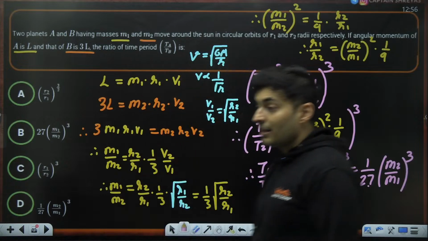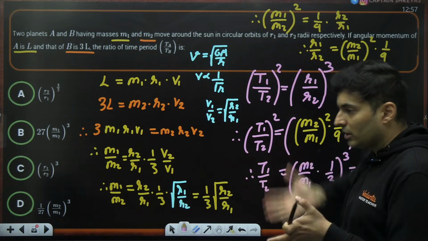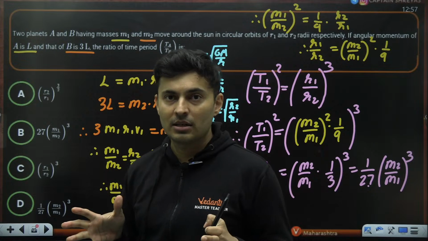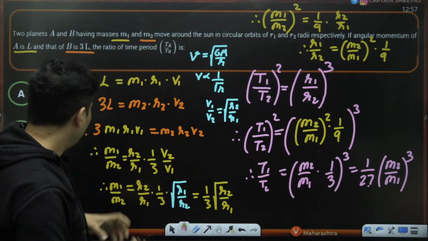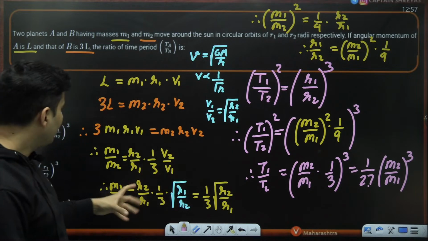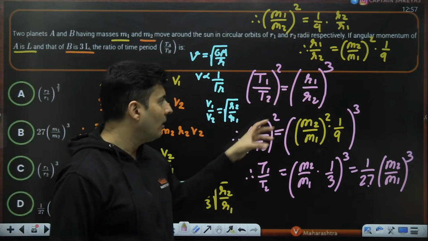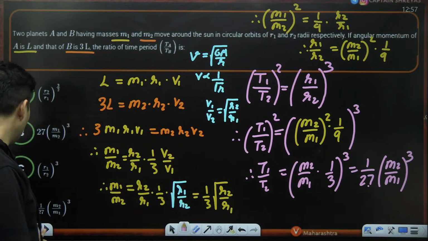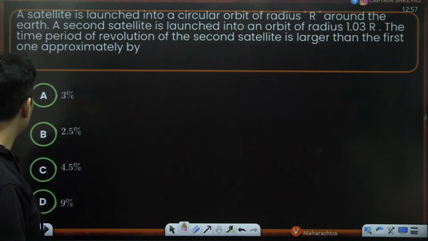D option. So this is a very crazy problem because it involves many formulas and lot of manipulations. Beautiful question which was framed, guys. So amazing question because angular momentum concept from rotation is there. Then the concept of speed relation with the radius is there. Then how you manipulate and get rid of velocity. And then the Kepler's third law and how you play around with these numbers. Beautiful, beautiful question. D option. Very good. Excellent. Let's do one more question.